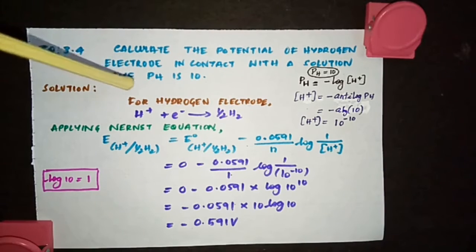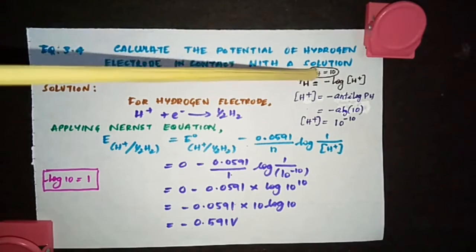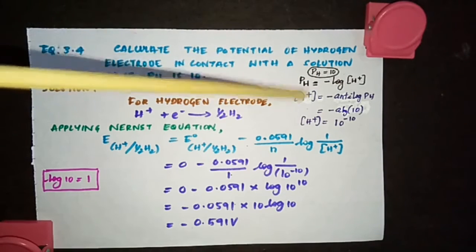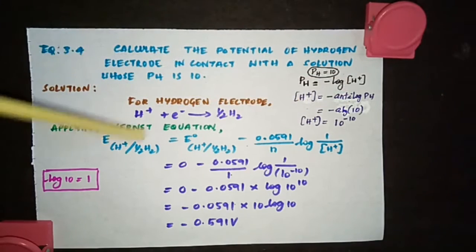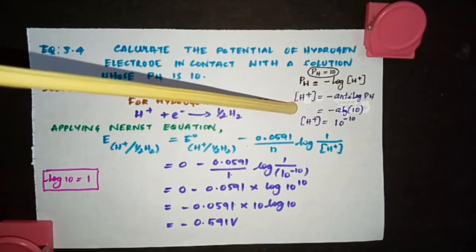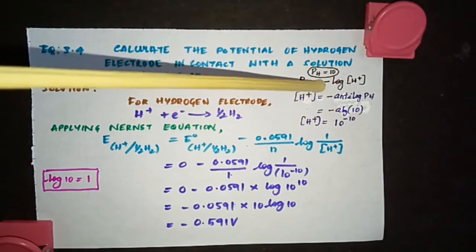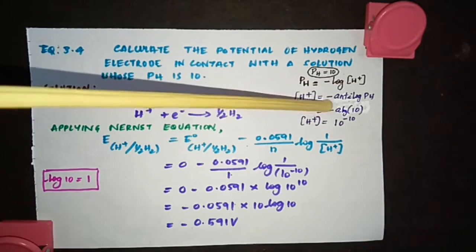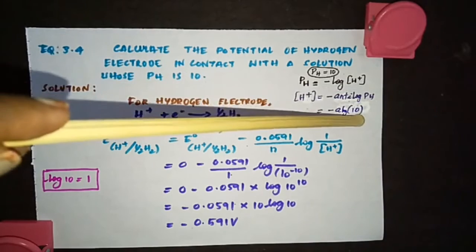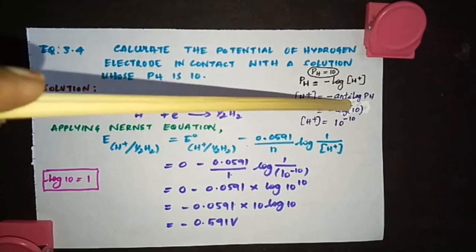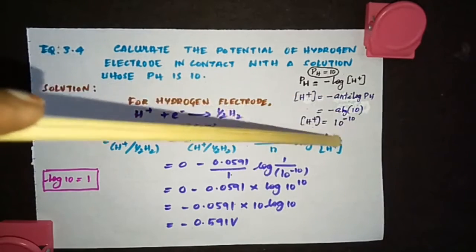So first let's see how to calculate the concentration of H+ ions from the pH. Now see, they have given pH is equal to 10 and you have studied pH is equal to negative logarithm of H+ ions. Now I want the concentration of H+ ions to substitute in the Nernst equation. So concentration of H+ will be equal to, if this log goes here, that becomes anti-log. So the negative log coming this side is becoming negative anti-log of pH. So what is the pH? 10. So negative anti-log of 10. Always remember, when you have any negative value and a whole number here, you can put that in the power. It is an easy way of finding anti-log.